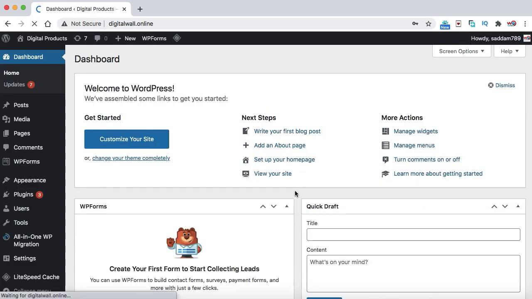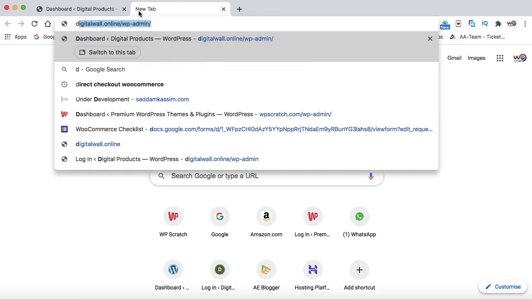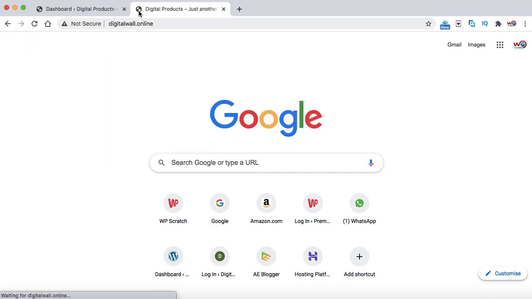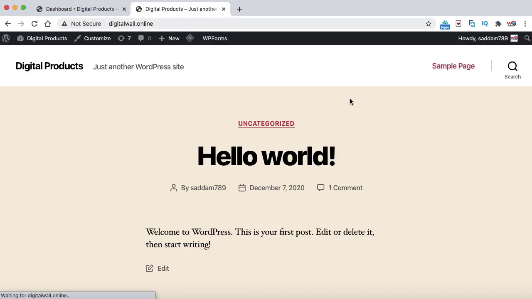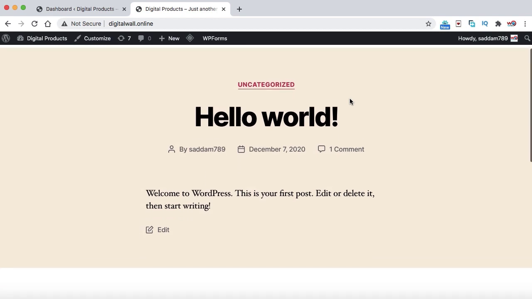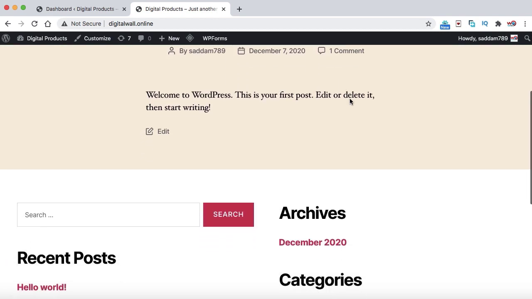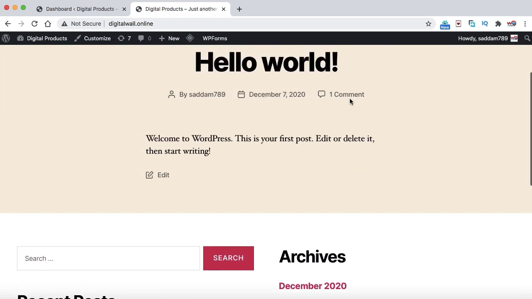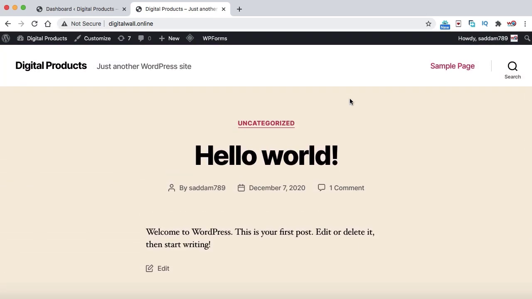Here you go. So this is the WordPress dashboard, or we can say the backend area of your WordPress website, from where you can manage all the website stuff. Now in a new tab, I'm opening the front page of this website. So let's remove this wp-admin. Right now, this is how our website looks. It's a completely boring landing page that has been created by default by WordPress. This is basically the 2020 theme installed.